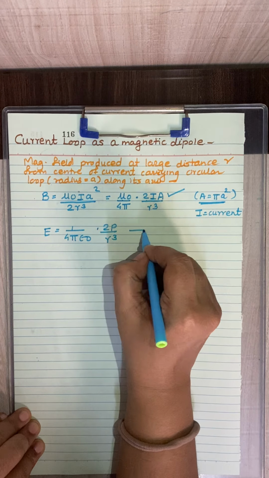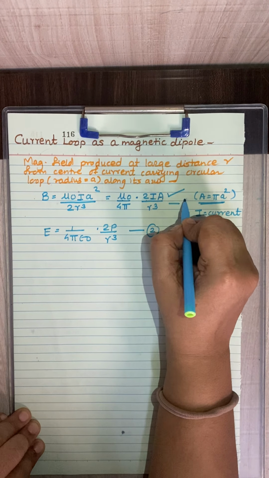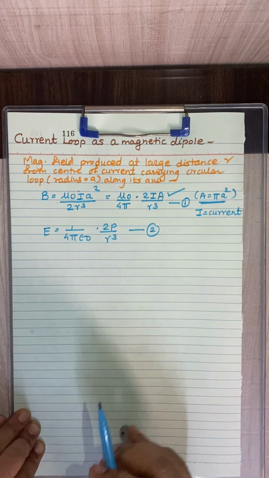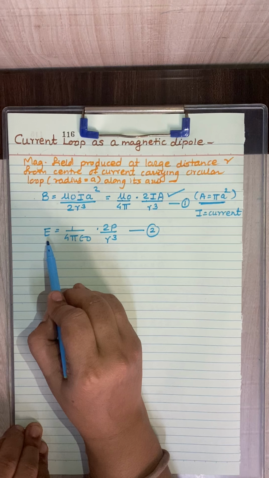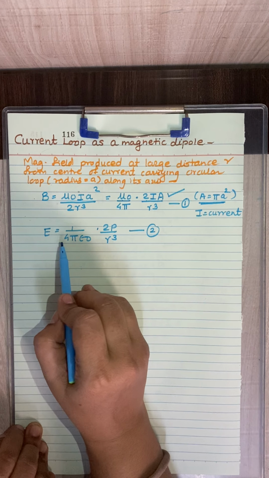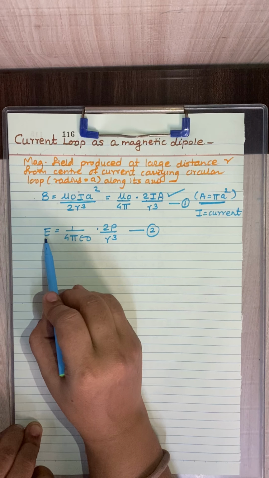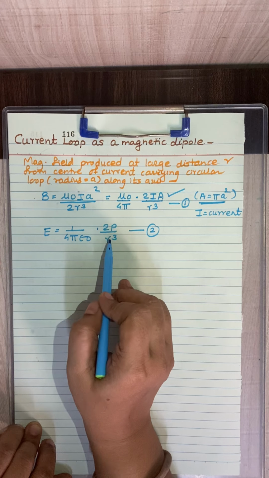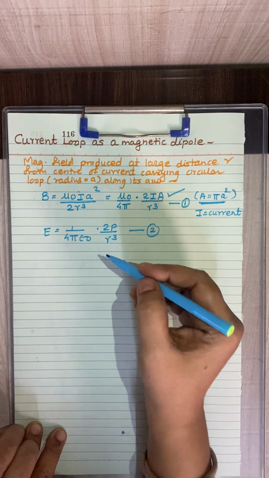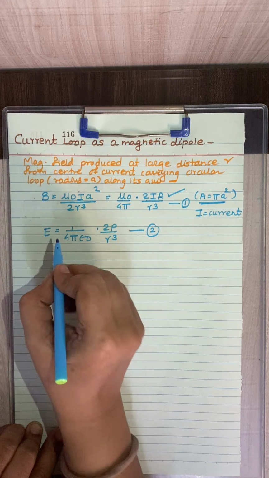Okay, and this was the expression, I'll give the name 2, and this is the expression I'll give name 1. So this is the electric field on the axis of the dipole lying far away, isn't it? At that point we can find E is equal to 1 upon 4 pi epsilon naught 2p upon r cube. Okay, now this equation and this equation, if we compare, then from equation number 1